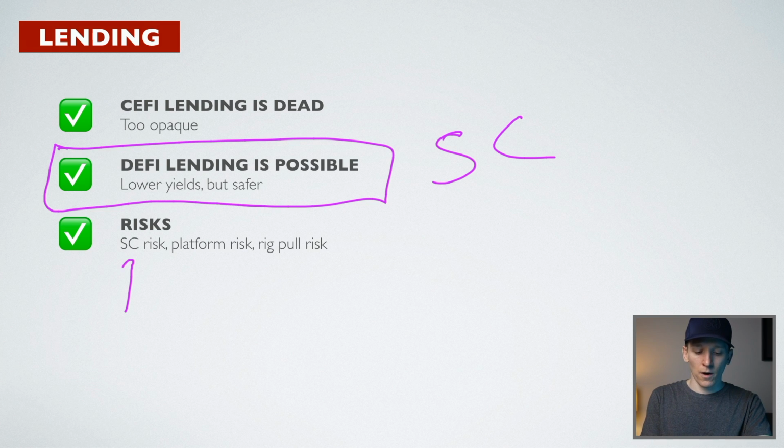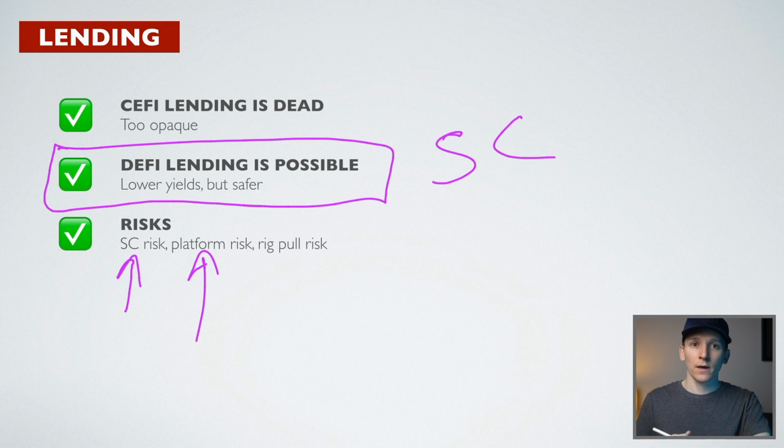The risks are smart contract risks. If you're using smaller platforms, those smart contracts can have bugs, and as has happened many times in the past, someone hacks it, all the money's gone. It's a big risk and probably not worth the extra 0.5% that you're getting on your asset.